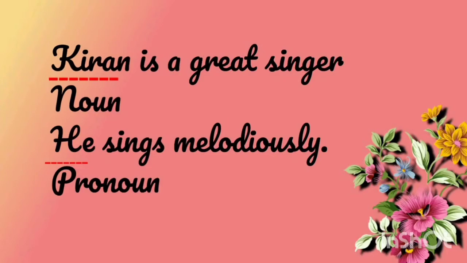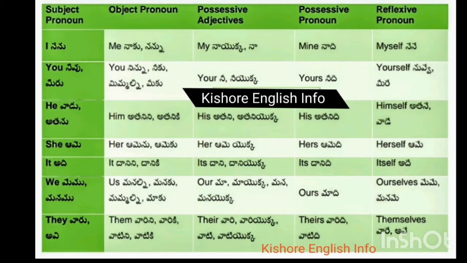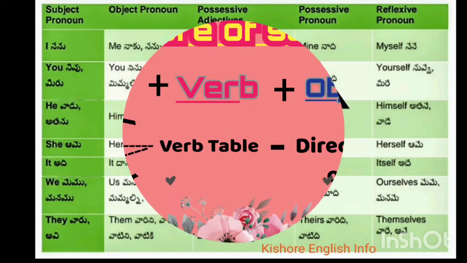Let us see the table, which gives a clear and detailed picture about pronouns, but we are not going to discuss it in much detail. We concentrate only on subjective case pronouns, the pronouns that we use as subjects, like I, we, you, he, she, it and they. Those are the pronouns we use as a subject in the given sentences. So far we have completed what the subject is in the given sentence structure.